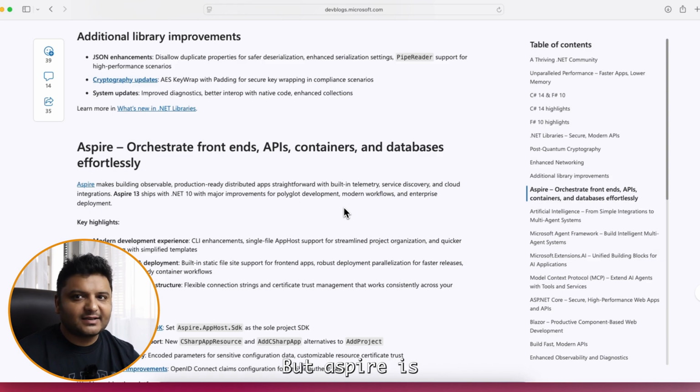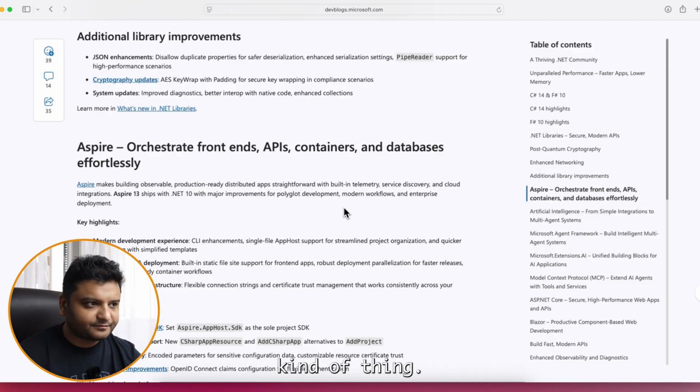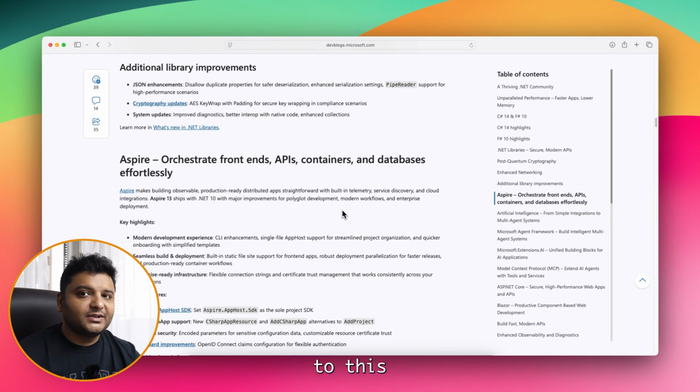But Aspire is a standalone entity, very capable of polyglot development. Even if you go to the official documentation of Aspire, you will see that Python and Go and TypeScript, all these languages are supported, and in that list you will see C# 14, or C# has been the last language that they have mentioned.